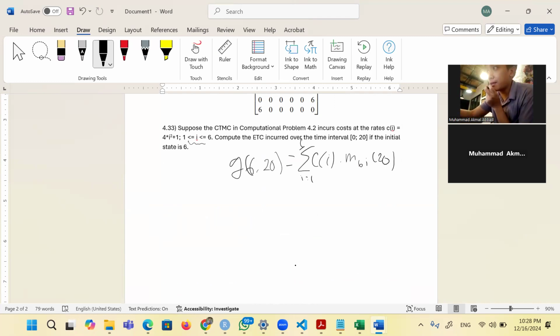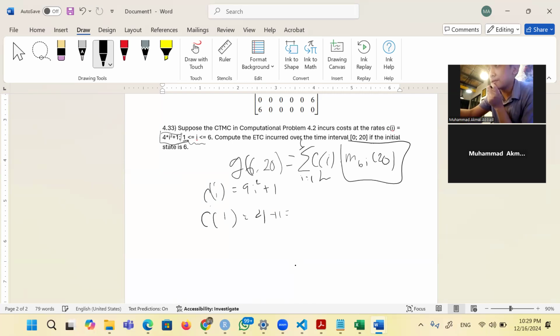We will calculate M(6,i)(20), or M(20), with the help of Python later. So we will calculate C_i first. C_i is like this: four times i squared plus 1. So C1 is 4 times 1 plus 1, which is 5.